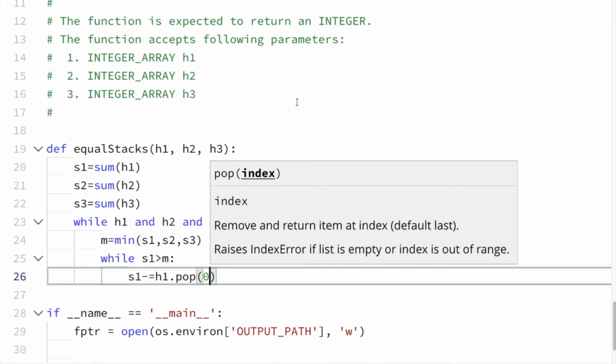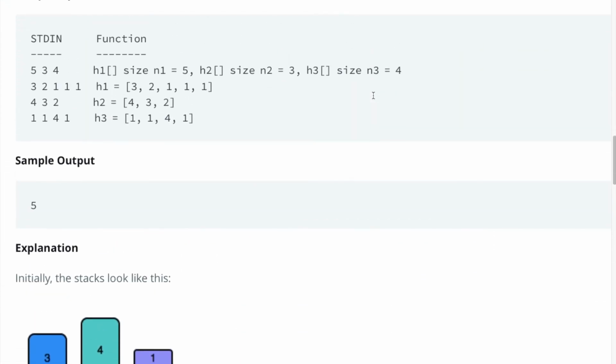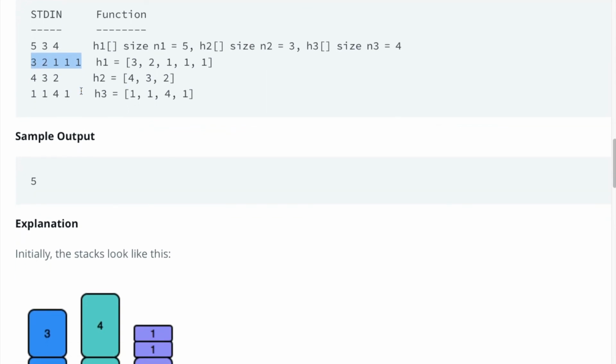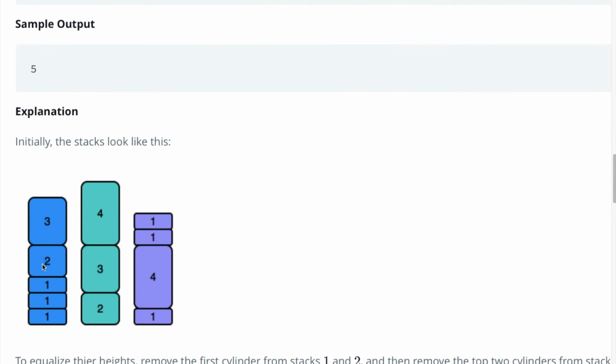If you see here in this problem, the elements are 3, 2, 1, 1, 1, and for popping the elements you can see they are popping the very first 3, then 2.